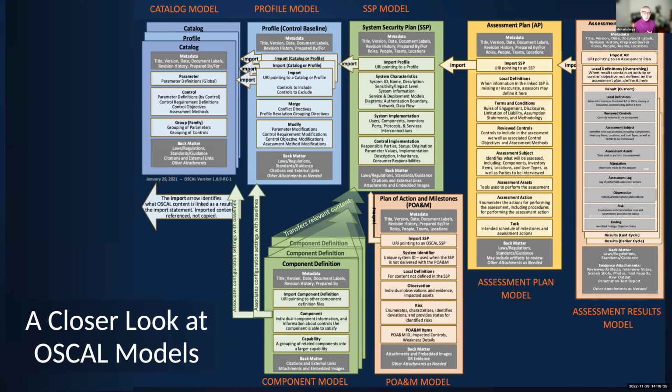The profile model allows you to select controls from the catalog to create your own subset of controls. The baselines are one example, or you can take controls from different catalogs and create your own profile or baseline and modify, tailor the controls. This model is used by NIST, for example, to publish the 853 baselines, by FedRAMP to publish the FedRAMP baselines, and by organizations to create their own proprietary profiles.